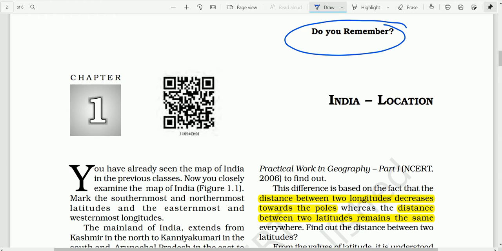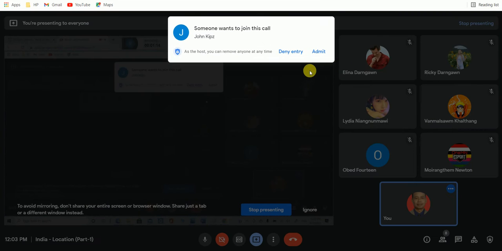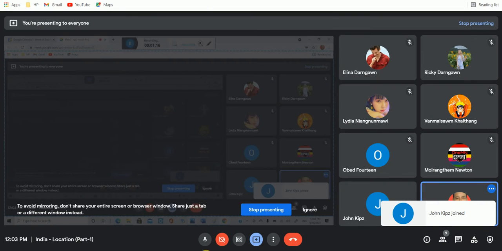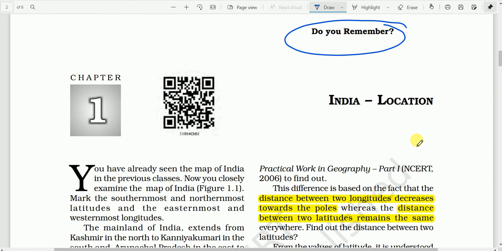Do you remember this chapter, India location? We have already learned in class 9. I think when you were in class 9, in the first chapter of your textbook, you have learned about it. The name of this chapter was India Size and Location. So here again, we have to revise it. And that is why